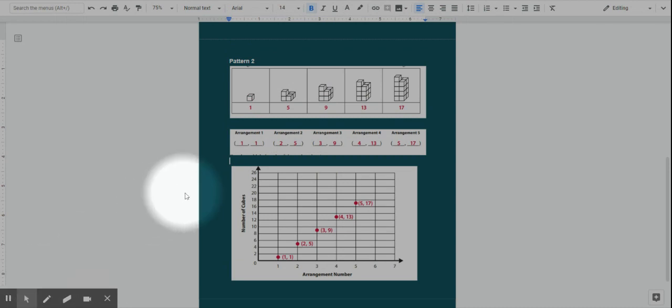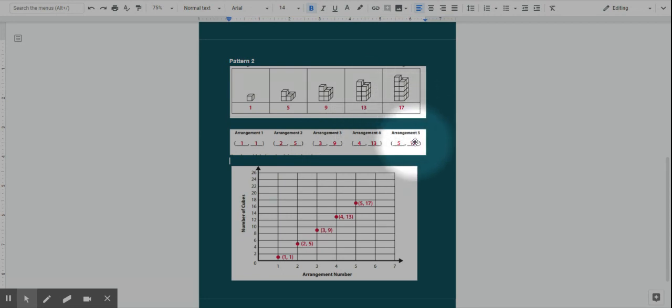Now we're going to look at pattern 2 that we worked on yesterday. It was 1 cube, then 5, then 9, then 13, then 17. So if we look at these in ordered pairs, the first arrangement here was 1 cube. Here's our second arrangement. So the first part of our ordered pair is a 2 because it's the second arrangement, and then 5 because there were 5 cubes. Here, this is the third arrangement of cubes. So our ordered pair is 3 and then 9 because there's 9 cubes. Arrangement 4,